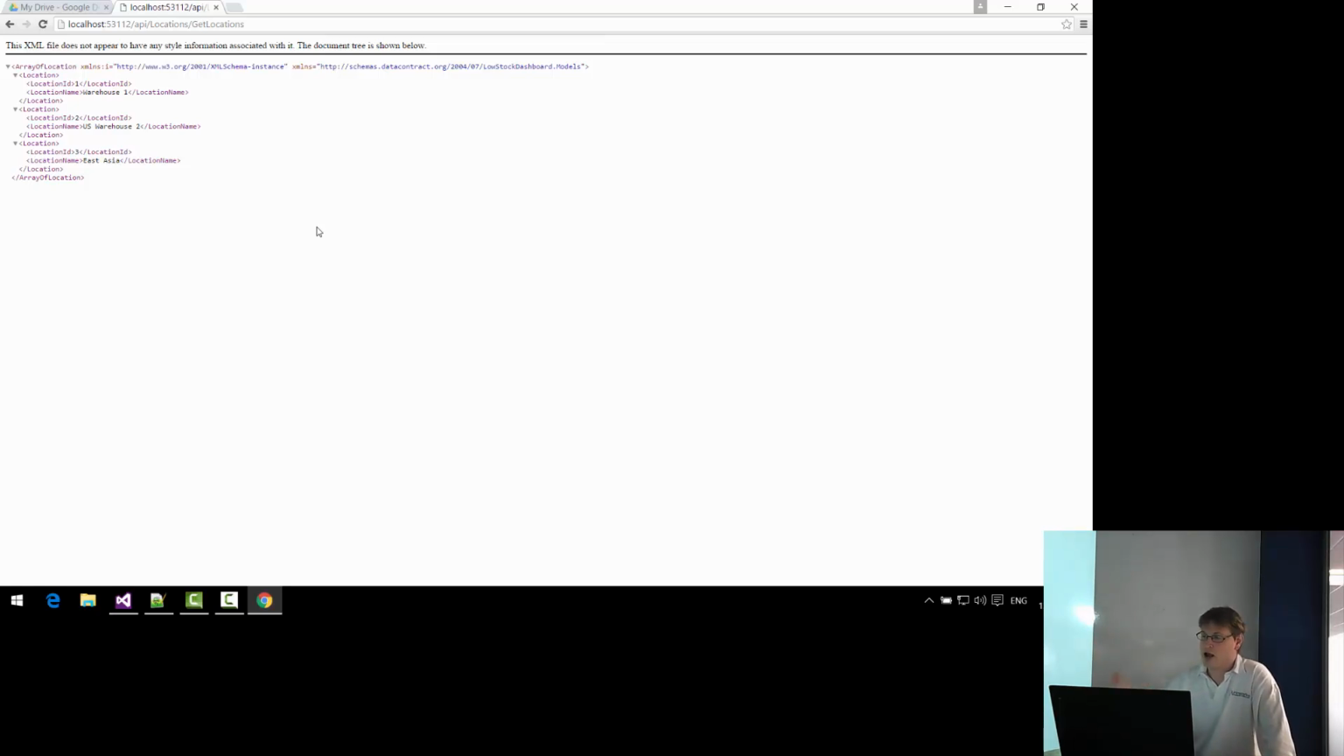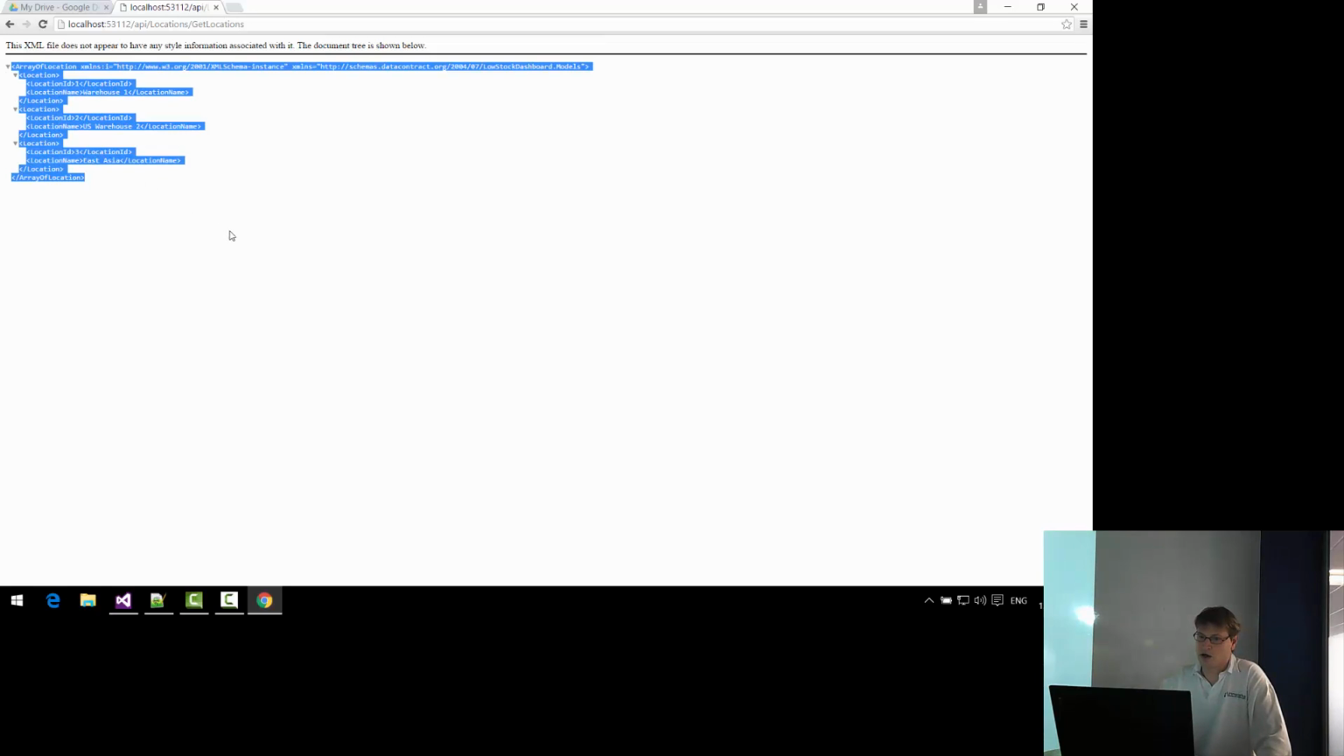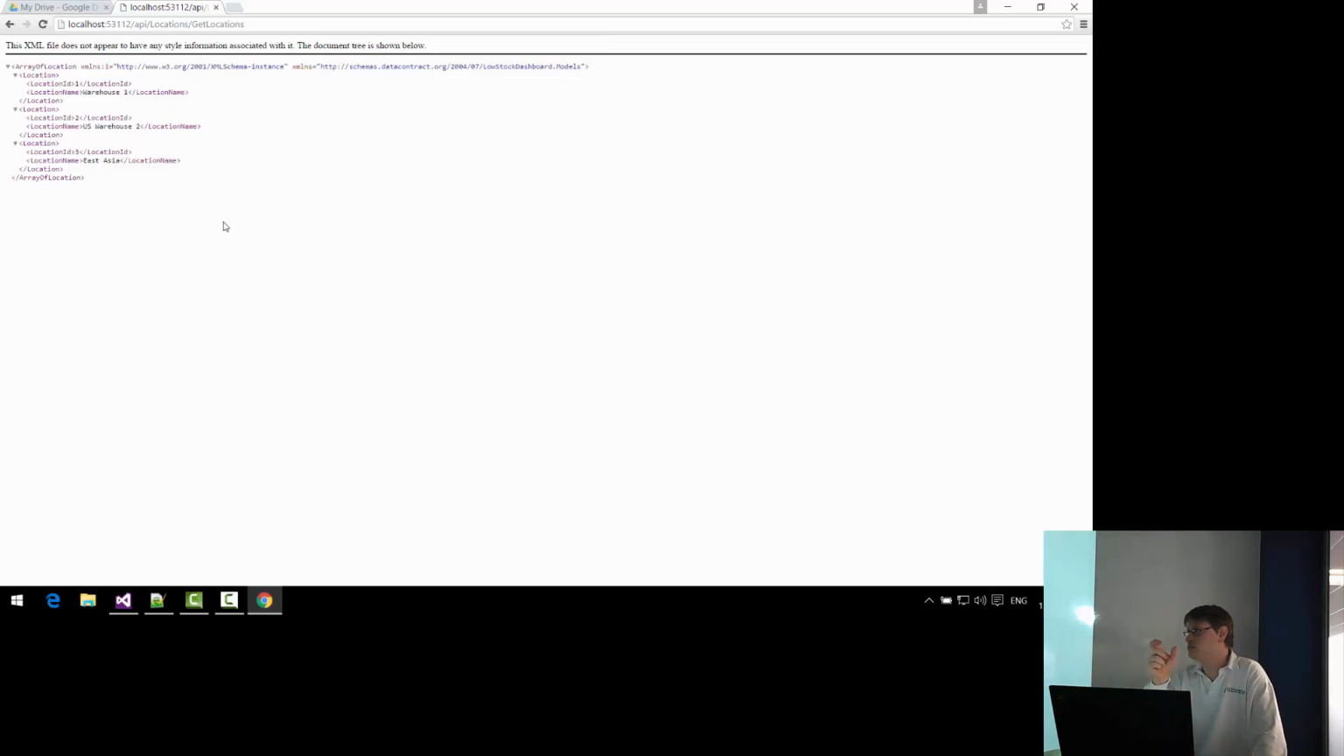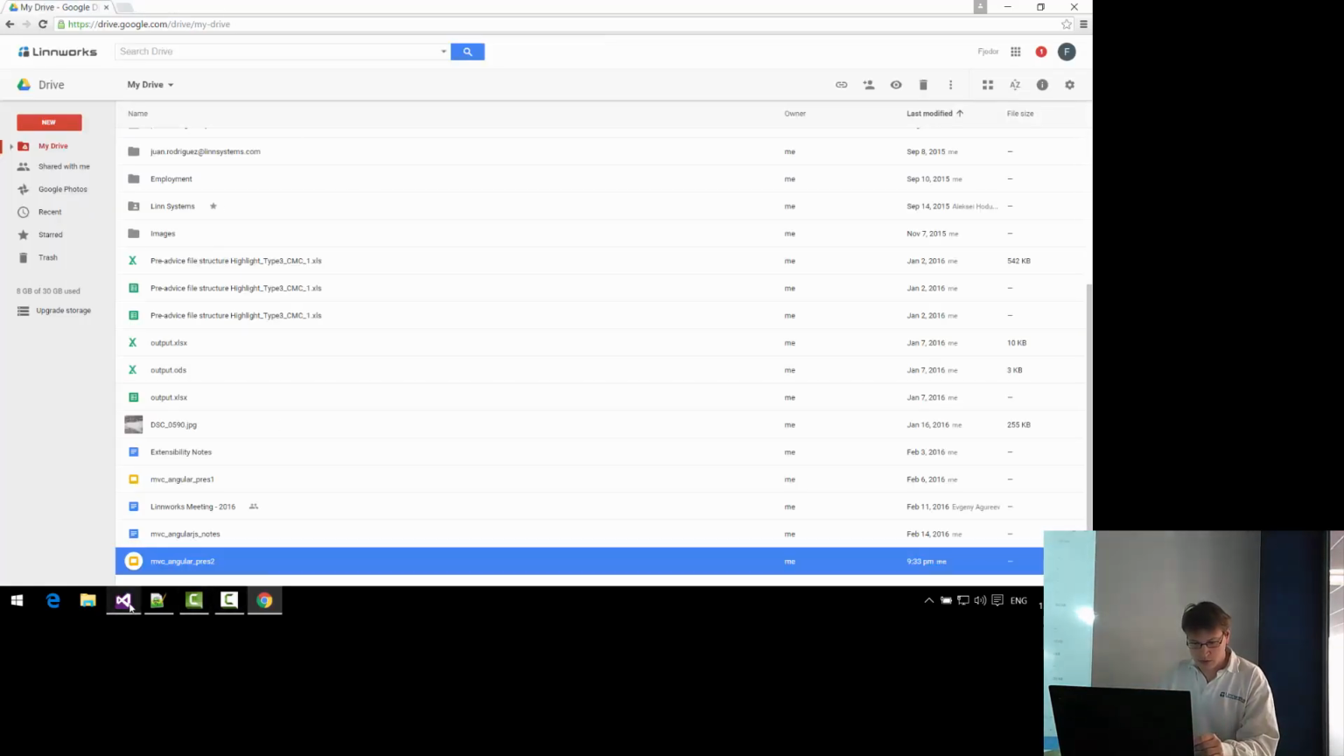Our AngularJS will automatically request the data in JSON anyway. But if we just made it call directly to the web API, we'll get the data in XML. We can stick the data format, the content type, in our header, and request JSON from it. Okay, so